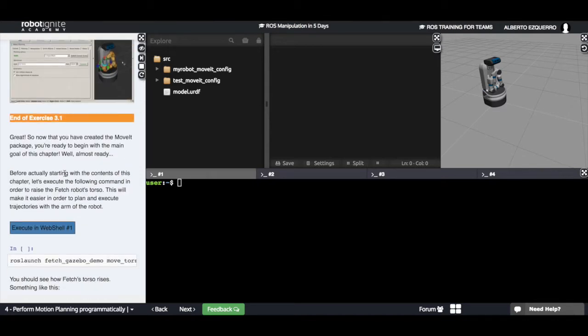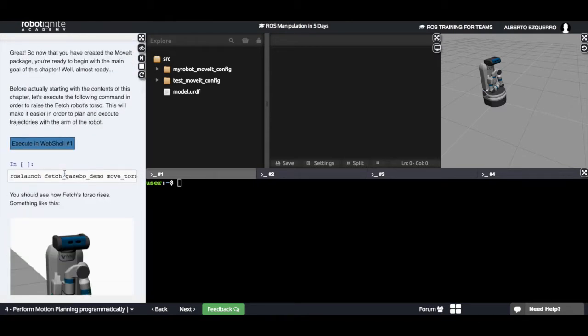Before starting the motion plans, we are going to do one thing. We are going to execute this command here in order to raise the Fetch torso. This way it will be easier to do motions, because now, as you can see, the arm is almost touching the base of the Fetch robot. So we are going to raise the torso so everything is easier and smoother. Let's execute this command here: roslaunch fetch_gazebo_demo move_torso.launch,